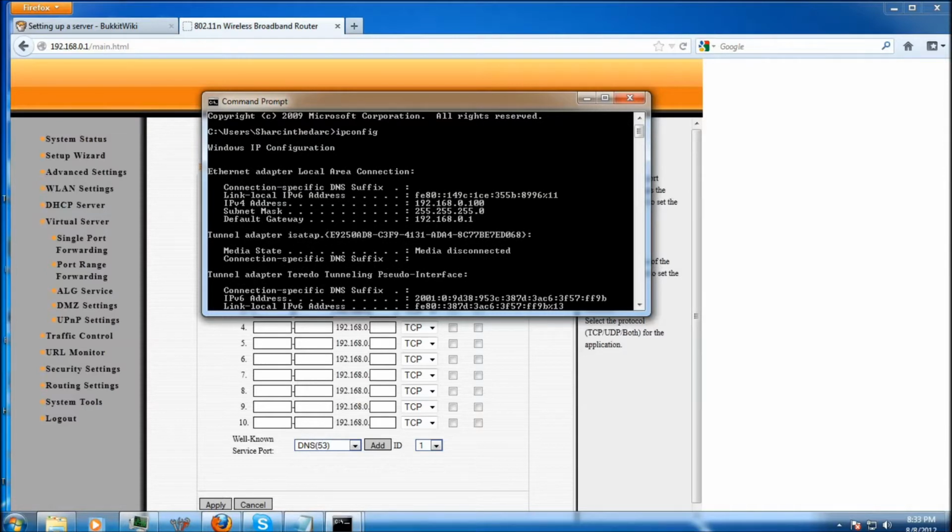Now, this is where you're going to have to decide if you're using your wireless connection or your Ethernet connection. I'm using my Ethernet adapter, but if you're using your wireless, it'll say wireless adapter, something along those lines. So it's going to be right here. This is the default gateway you type into your browser, right there. And next you're going to be looking for the IPv4 address, which for me is